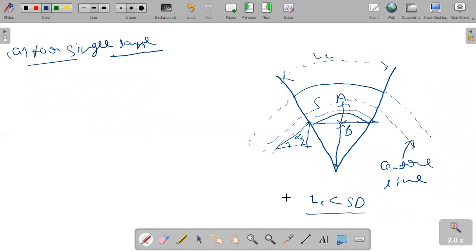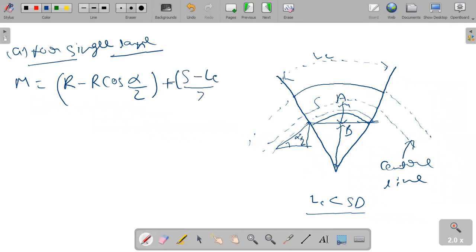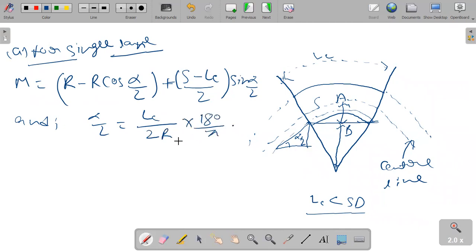So we have the formula for single lane, which is m is equal to R minus R cos alpha by 2 plus (S minus LC by 2) into sine alpha by 2, and alpha by 2 is equal to LC by 2R into 180 by pi. Okay, and for multi-lane,